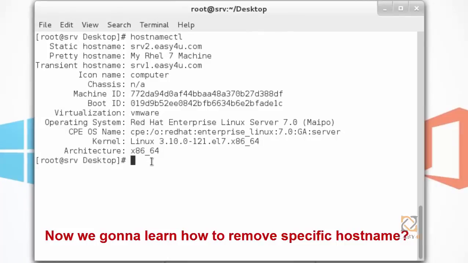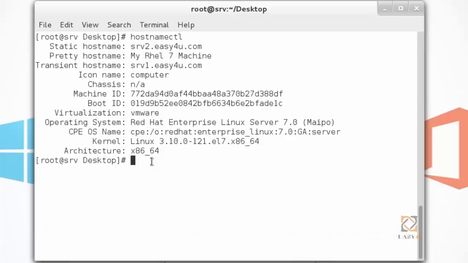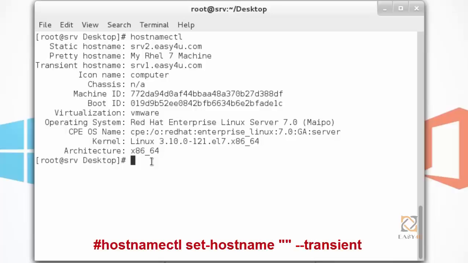Now we are going to learn how to remove a specific hostname. First of all, I am going to remove transient hostname. Then I need to use this command: hostnamectl set-hostname, then double inverted commas.